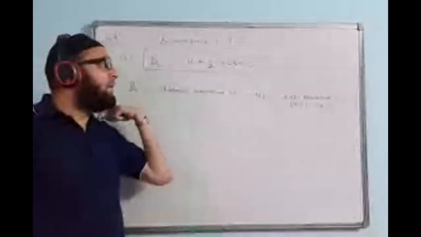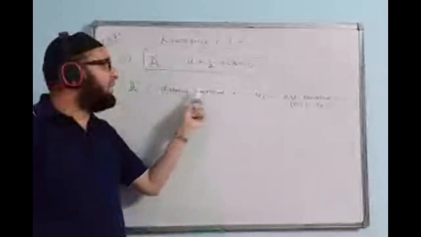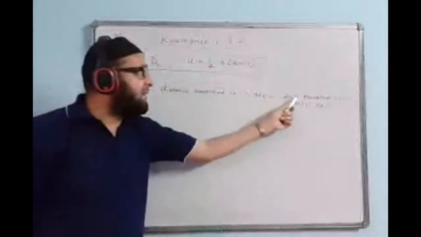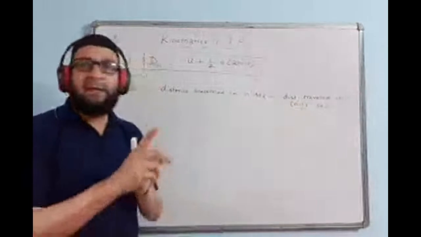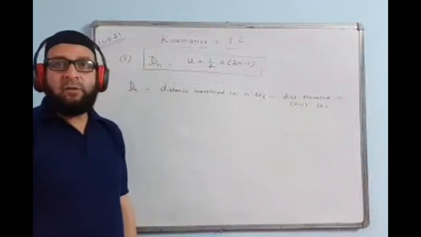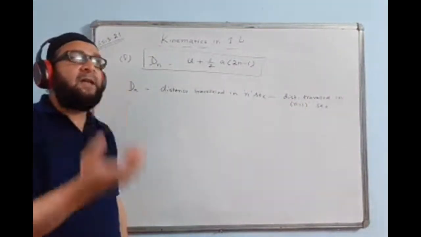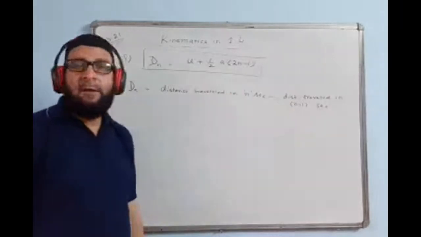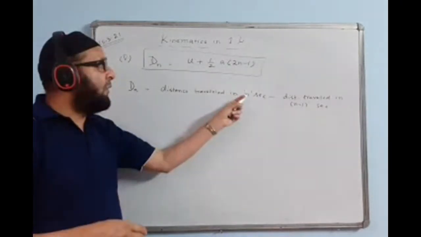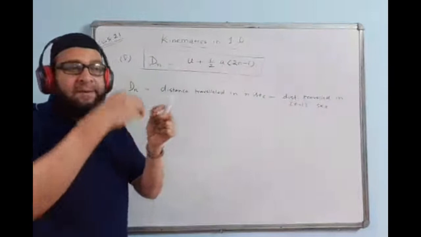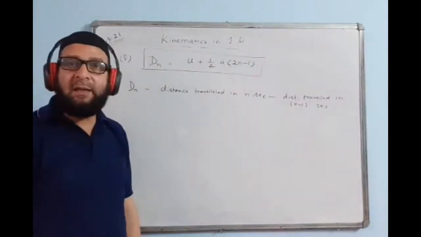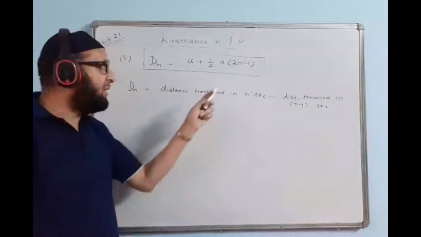Like I gave the example, 10 seconds. First we'll find the distance traveled in 10 seconds minus the distance traveled in 10 minus 1, that is 9 seconds. That is the idea used over here. Like in the 50th second we are doing 50 minus 49. In the 20th second we are doing 20 seconds minus 19. Then between 19 and 20 you will get the 20th second timing coming there. So this is the idea used.